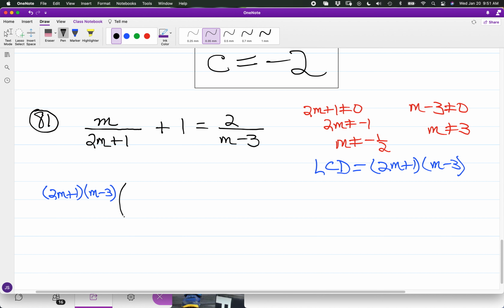So we have, with the first term, m over 2m plus 1. And if we go ahead and multiply, you're going to have 2m plus 1 cancel out, but we're still going to have work left over with the distribution of m all over m minus 3. And we have plus 1